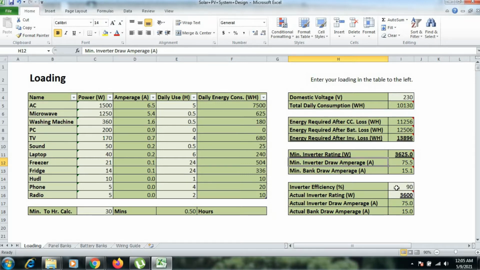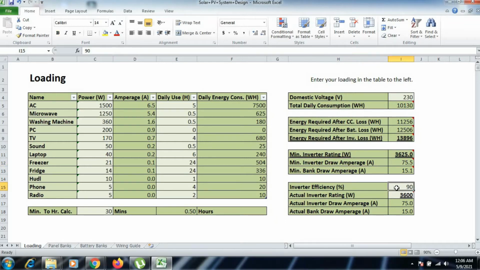So what if we use a less efficient inverter? Let's suppose we are using an 80% efficient inverter. So what has happened? You can see here the energy required after inverter loss will become higher because our inverter is now less efficient. So our inverter losses will be higher.